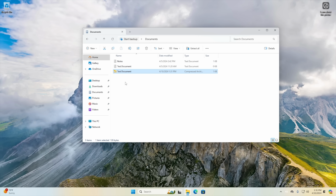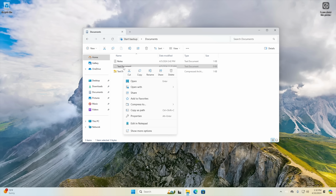I think this is a huge addition to Windows 11 because before, the ability to open these, that was one thing, but the ability to create them is honestly a feature that I don't know why they didn't implement at the same time. However, one thing that you will notice is that this compress to function is only in the